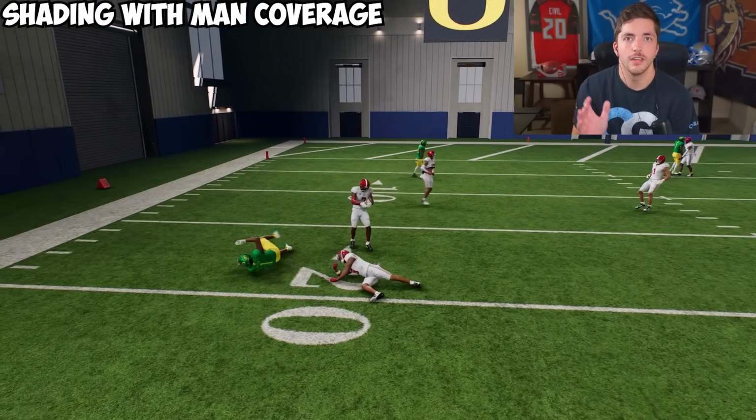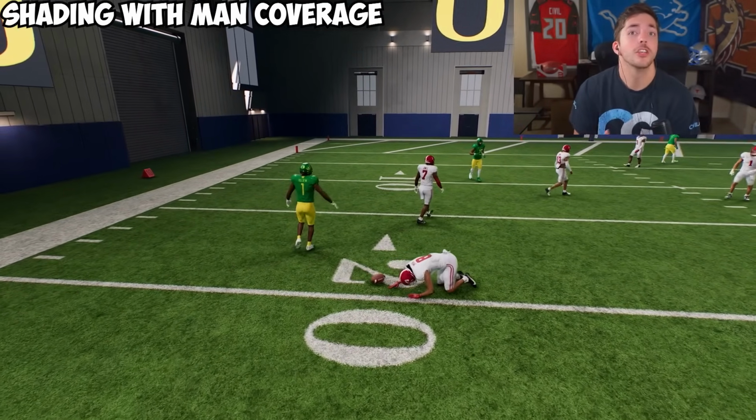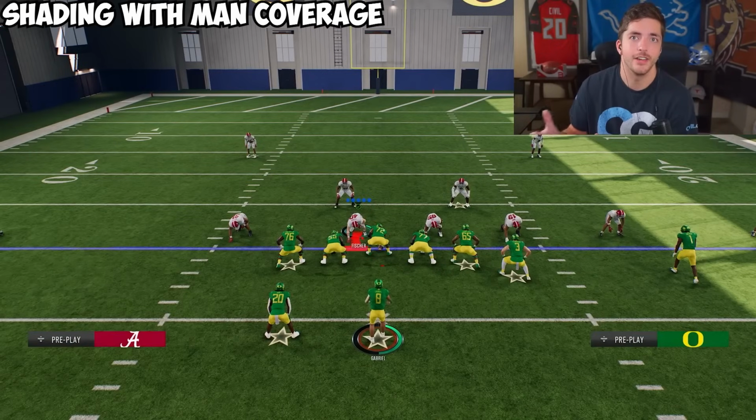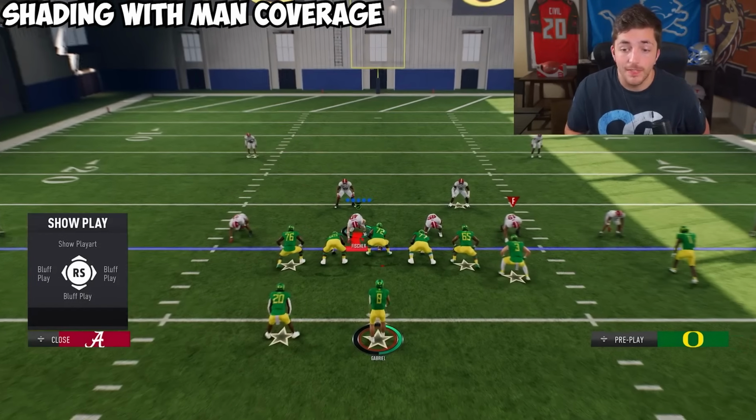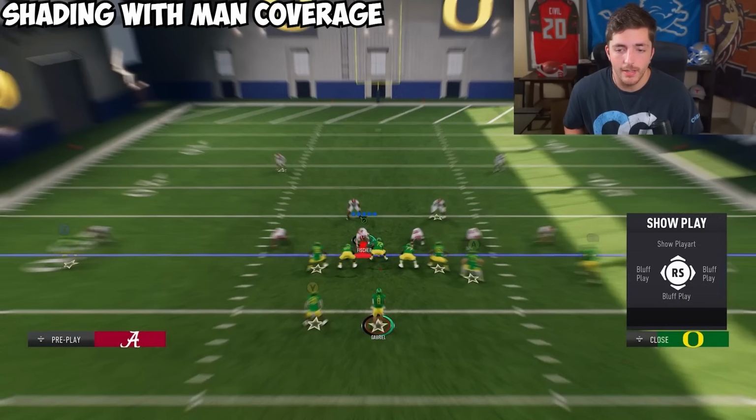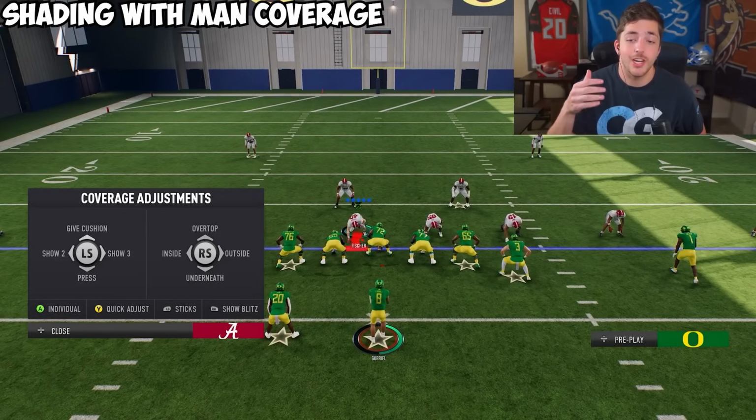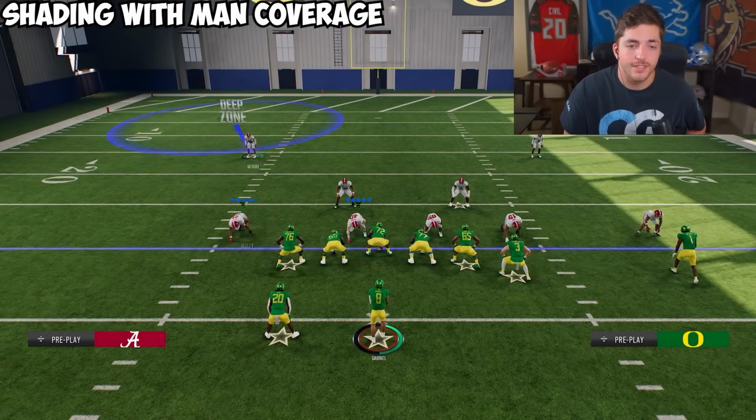That's a general idea. If you thought somebody was running a corner route, you might press and shade outside. Kind of get the idea, right? Pretty straightforward. I don't want to sit there for too long talking about that, but you can really build your defense around that, right? A lot of times, I like to do a shade outside as a very base, but